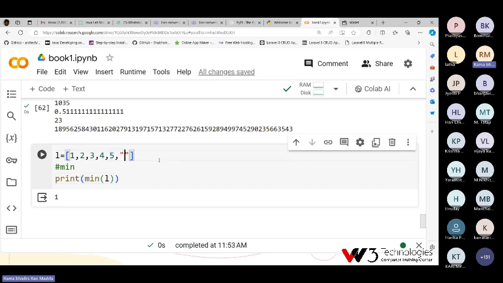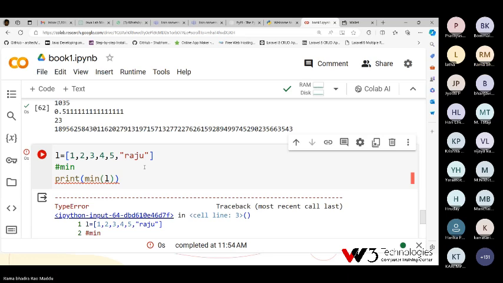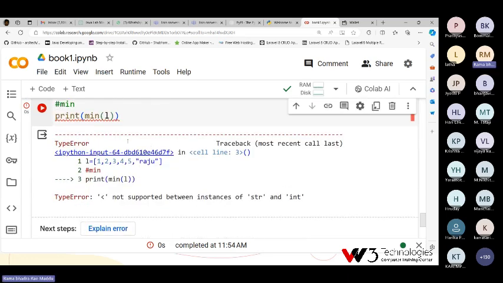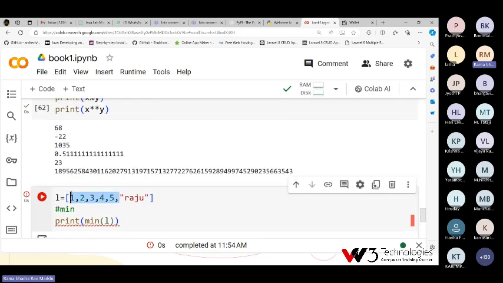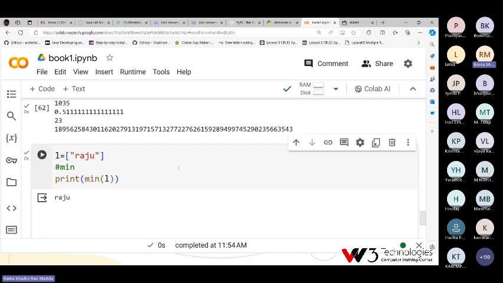Sir, if I use strings also, then what happened? The strings are also calculated with some values and it will give the minimum value. But here it contains a mix of strings and ints. If it contains mixed types, it raises an error.